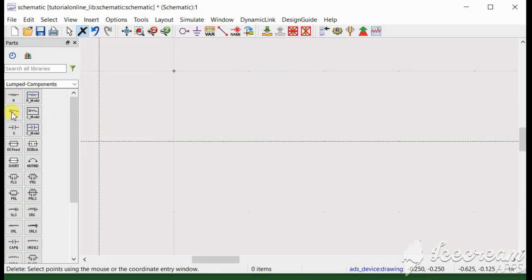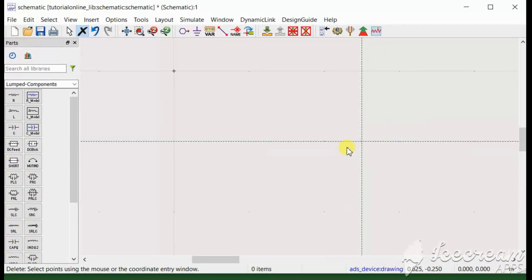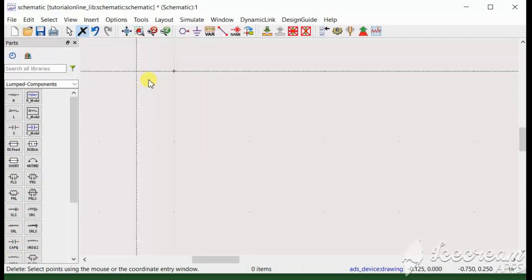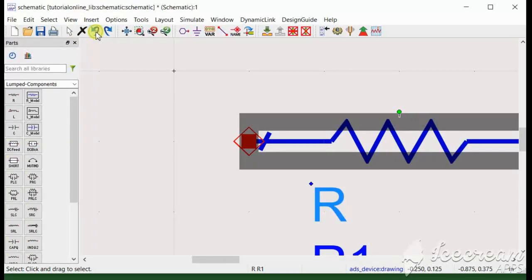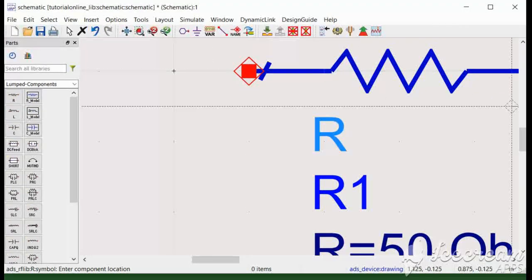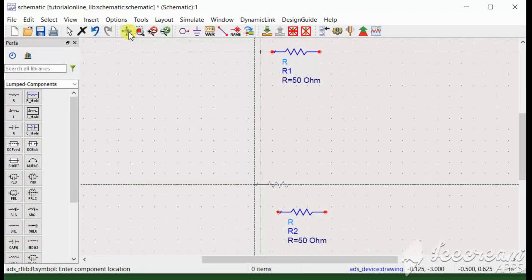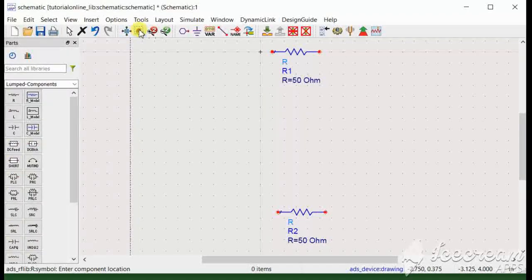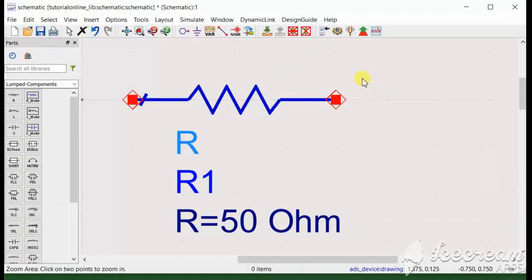So actually there is no command, so that is what is happening. If I selected this, this resistor is here, and I have selected this delete, I deleted it, and then I have to remove this command, and for that I will click this end command. So I can undo the things, I can redo the things. For example, you place one component here, other component here, and you want to see everything at once, so click this, so everything is here. Or if you want to zoom a particular area, then click this and we can zoom this particular resistor here. You can zoom it in by 2, you can zoom it out by 2,